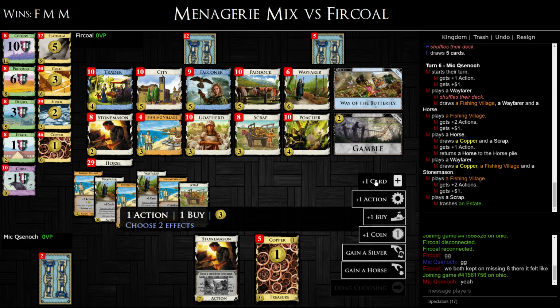Can card gain silver, card gain horse. I can gamble around until I find the fishing village that I get. I'm going to do card. Maybe this has got to be silver to get enough to do the stonemason overpay again. I'm going to draw a copper, so I'm going to have 9. The question is, so I'll have 1, so I'll gamble once, I'll have 8. Gamble again, I'll have 6, and I'll either get back to 7 or I'll discard the,